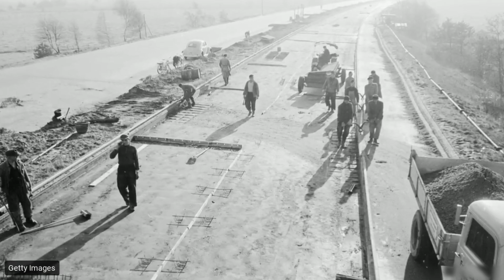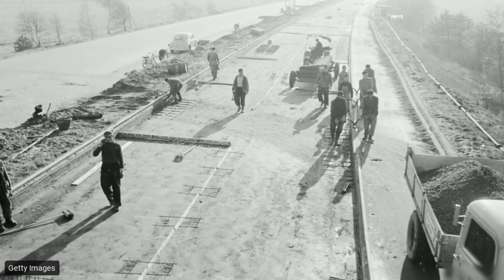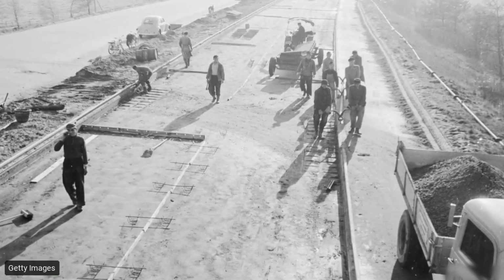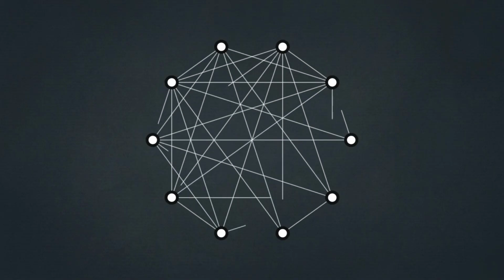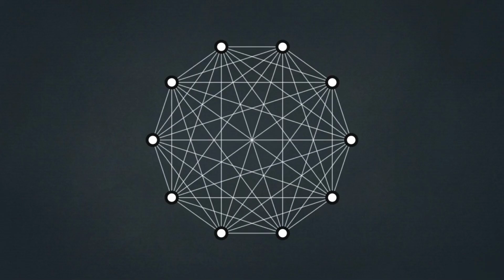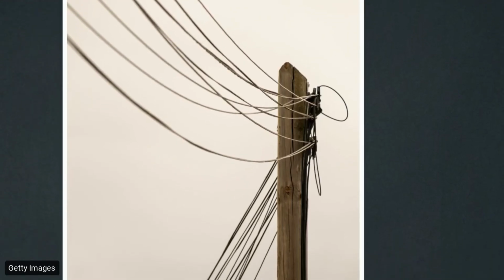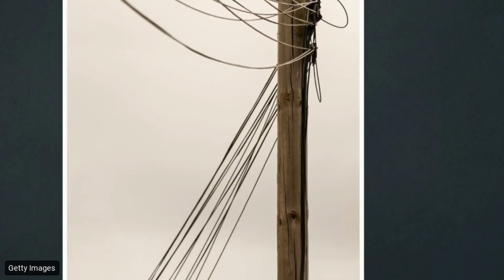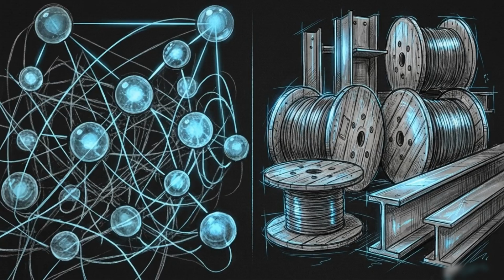But building these connections requires finite, expensive resources. Every mile of highway demands tons of asphalt and intense manual labor. Every network link consumes miles of copper cable or steel. This creates a massive paradox for engineers. If you tried to connect every single entity directly to every other entity, you generate a chaotic tangle of redundant infrastructure, and your financial costs spiral out of control. Network engineering focuses on reaching a precise point of equilibrium, maintaining total system connectivity while minimizing the physical resources required